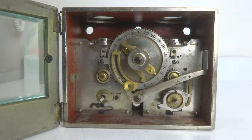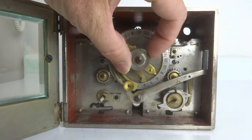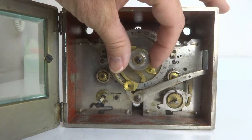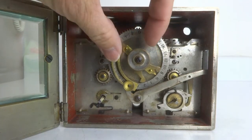Now, for the option of if the operator wanted the safe to remain closed over the weekend, in other words, a 48-hour period, he would simply move this to the left, which unlocks it. You notice we were always moving it clockwise before. So now this moves to the left, and you simply take one of these wipers and let it go all the way to this side, and then lock it down,